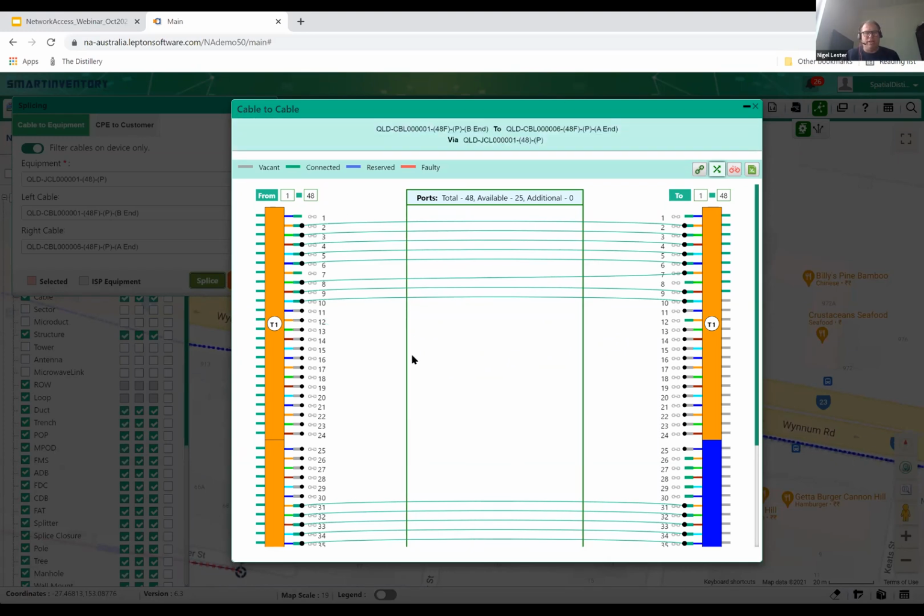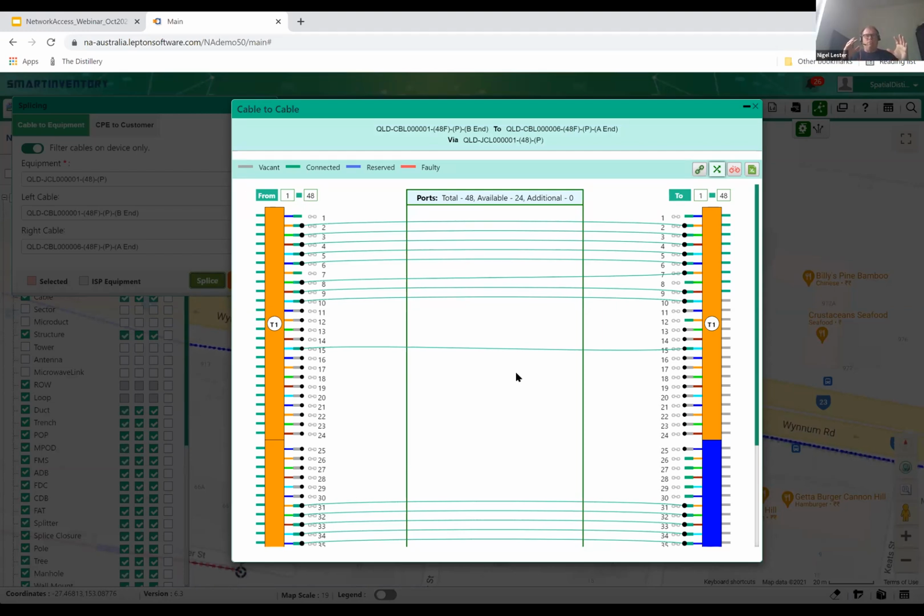that fiber is disconnected. If I wanted to go ahead and connect this fiber number 15 across straight through to fiber 15 here, I can just drag and drop that and let that go, and now that's spliced. That's how quick and easy it is in actually doing splicing inside the platform.